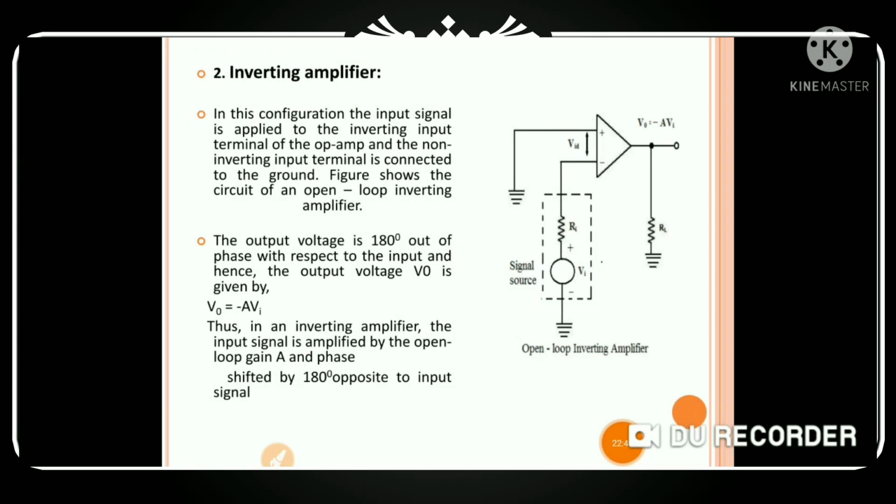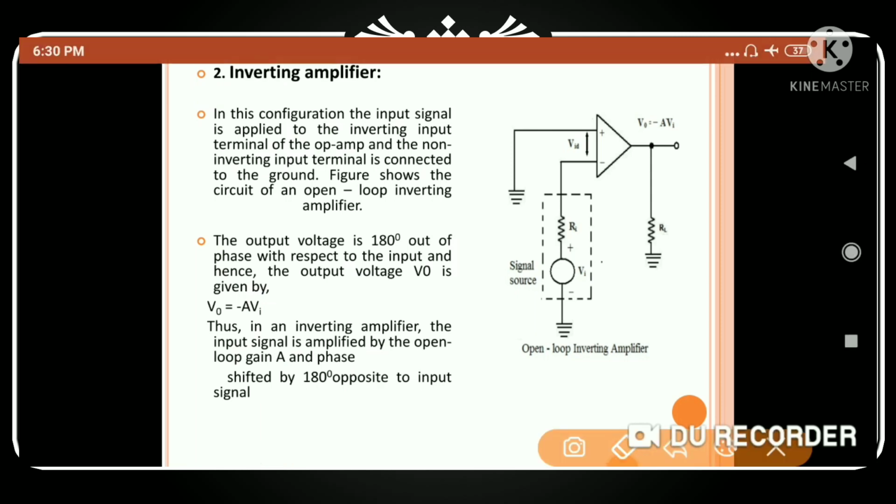And here the inverting terminal is connected to the minus, which means this is inverting. This input is connected to the inverting terminal. And this is the signal. Don't draw the blank circle here. This is like a signal, so write the signal in that. Understood this one? This is an inverting amplifier.